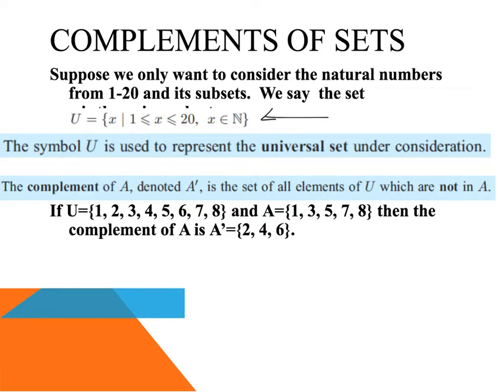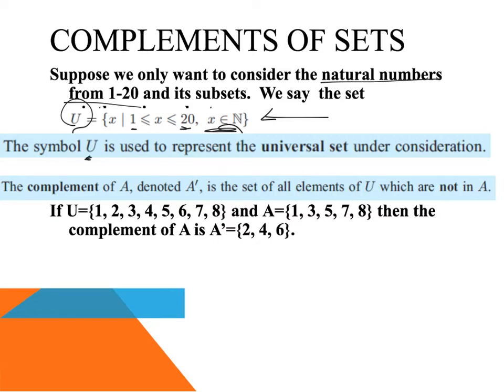that U, or our universal set, is all x such that x is an integer, and x is 1 through 20, and it includes 1 and 20. So x is greater than or equal to 1 and less than or equal to 20. So that's the natural numbers from 1 to 20. We use the symbol U to represent our universal set. So our universal set is the biggest set that we're considering for those problems. And so our biggest set here is the natural numbers from 1 to 20, so we call that our universal